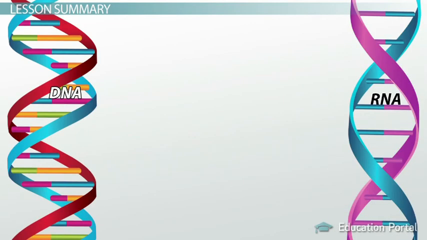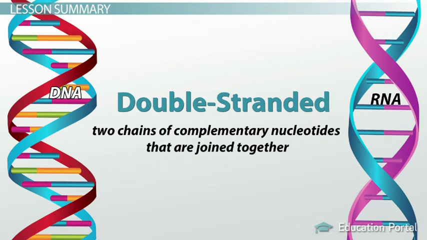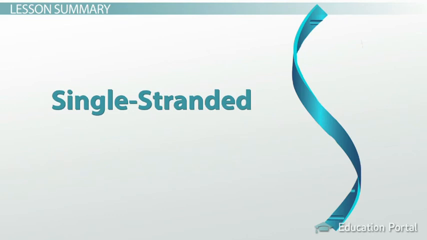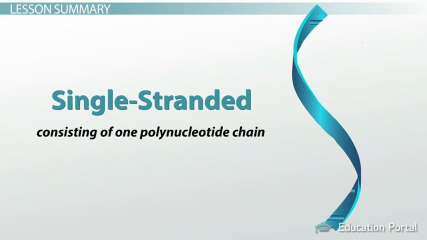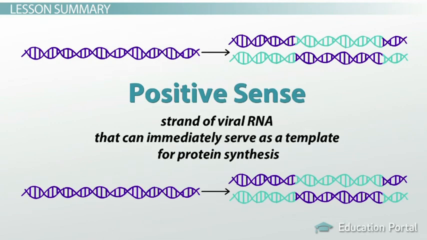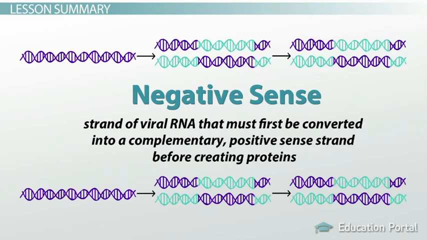Viral nucleic acid genomes can be double-stranded. Double-stranded viruses are those that have a genome that consists of two chains of complementary nucleotides that are joined together. Some of the viral nucleic acids, however, are single-stranded, or those consisting of one polynucleotide chain. When an RNA virus is single-stranded, it must have what's known as a sense. Positive sense RNA is a strand of viral RNA that can immediately serve as a template for protein synthesis, whereas negative sense RNA is a strand of viral RNA that must first be converted into a complementary positive sense strand